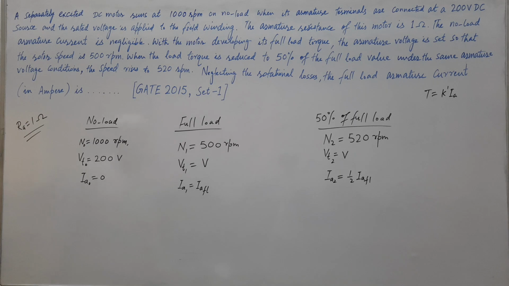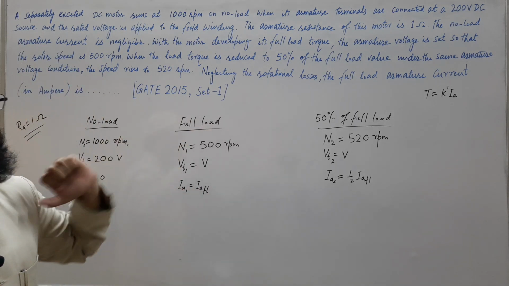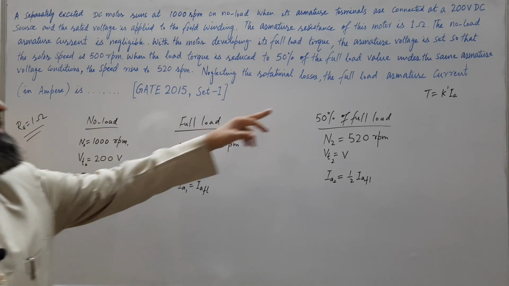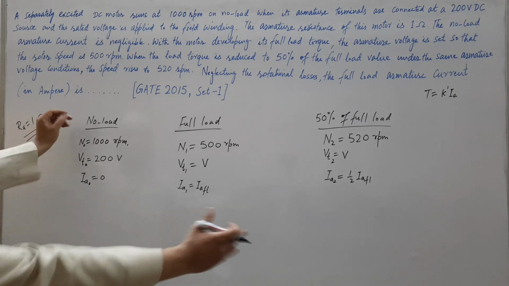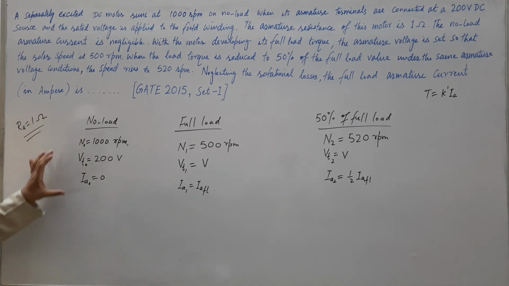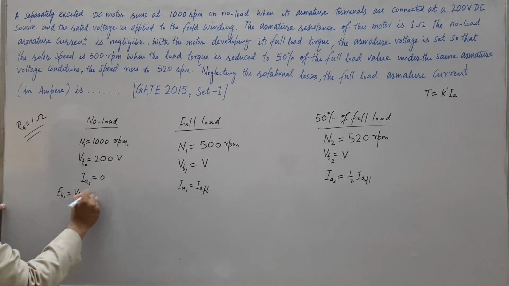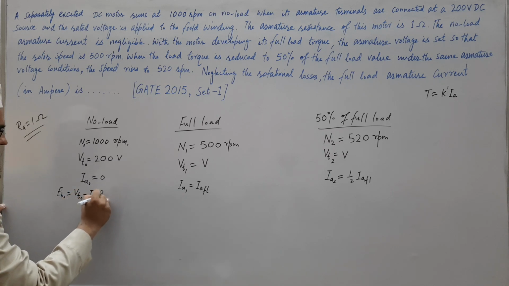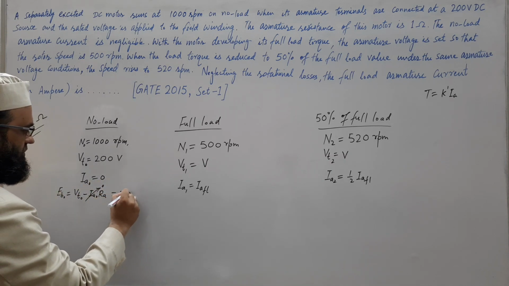So again here we will try to use the capsule number 3 as torque is involved here, right? So we will try to find out the value of K dash by anyhow from the given information. So let us start with this. Here IA is 0, it means EB0 is equal to VT0 minus IA0 RA. This is 0, it means this will be equal to VT0, and this is coming out to be 200 volt.